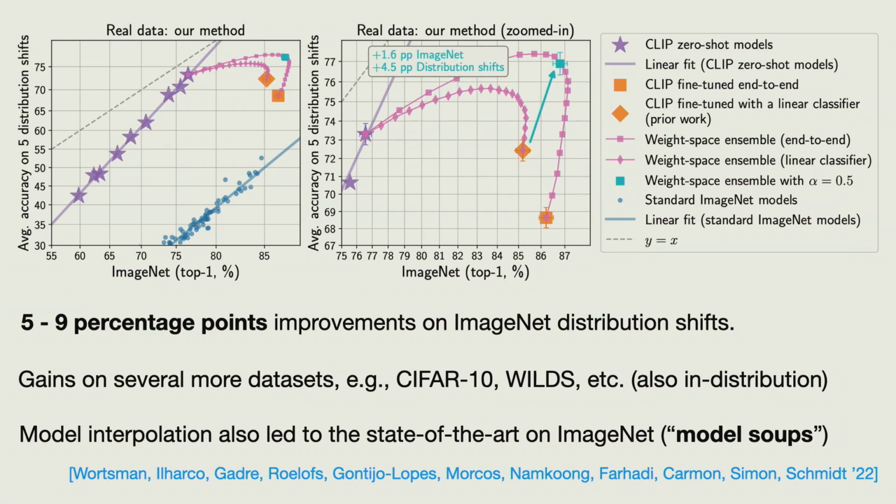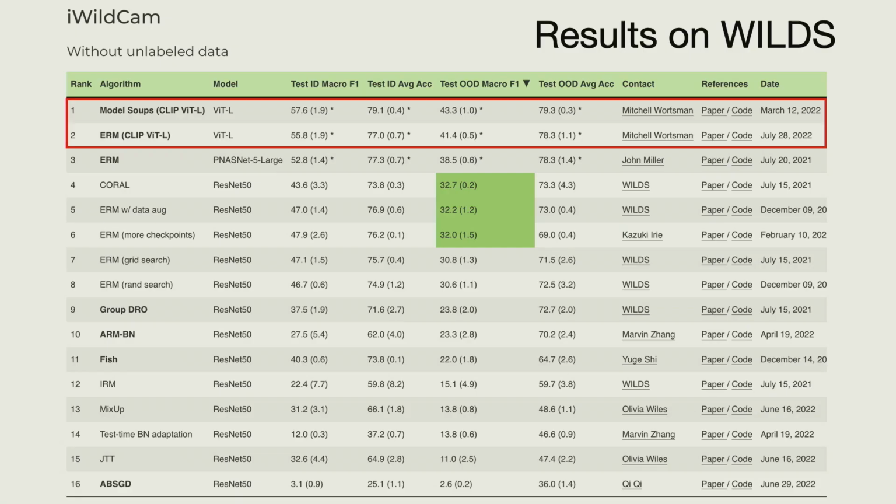sets. One nice example is the WILDS data set. I think this is a very nice data set because this is actual application data, with real-world distribution shifts. So this is always a good sanity check to see whether the models do better on real data as well. And the answer is yes. So this is iWildCam, a camera trap wildlife photos data set. You can compare with these ViT models with our specific optimized fine-tuning, but even without it, they are substantially better than prior models only trained on ImageNet.